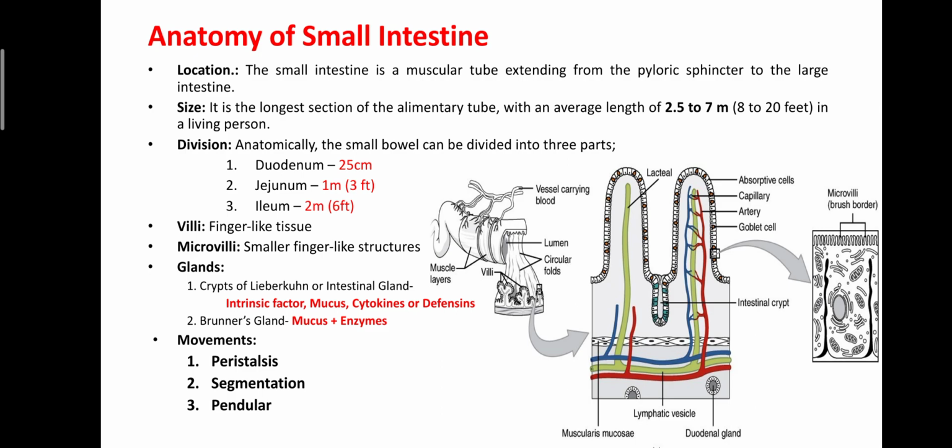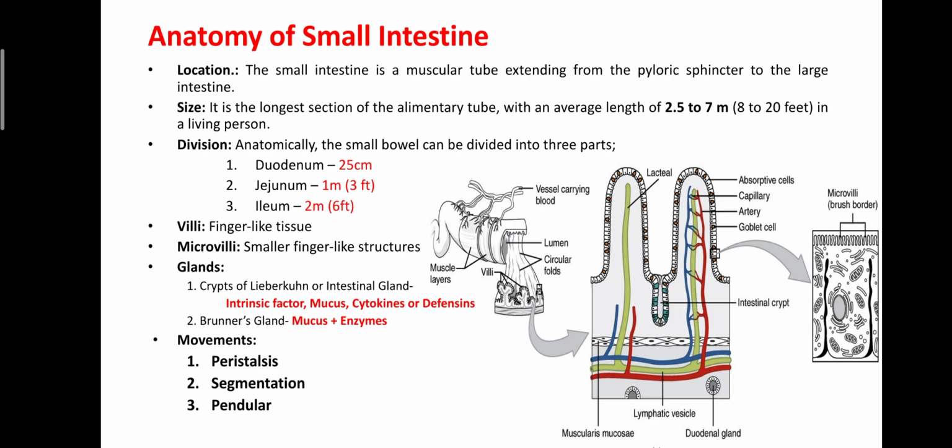So dear students, in the small intestine there are totally three movements present. They are helpful for the digestion and mixing of the food with the secretions, and movement of the food from one place to another of the small intestine or towards the large intestine. And these movements are peristalsis movement, that is the wave-like movements, at a rate of around 2 to 5 per second. This peristalsis movement is helpful for the movement of the food from duodenum to jejunum, jejunum to ileum, ileum to the large intestine, that is propagation of the food.